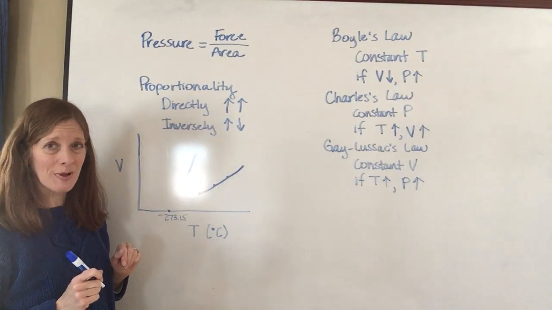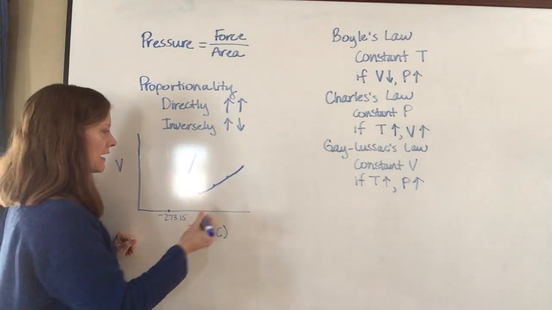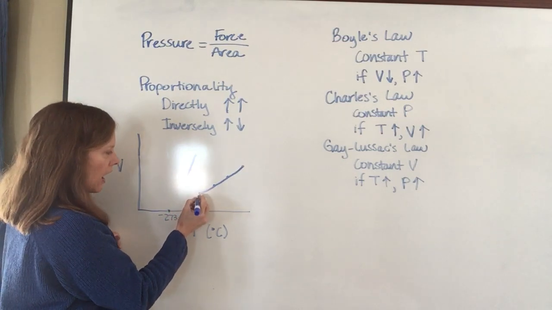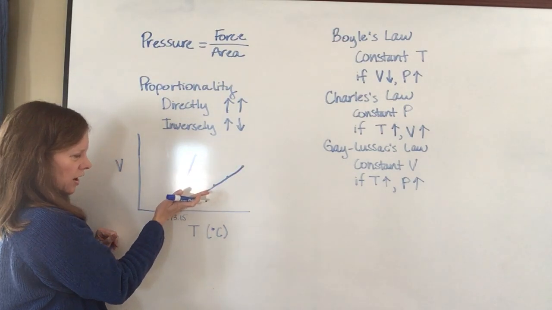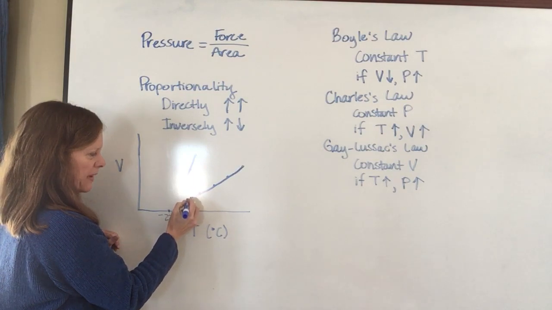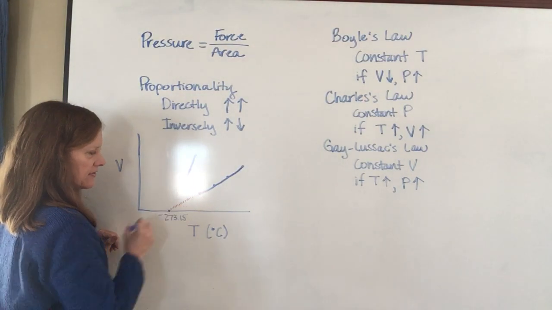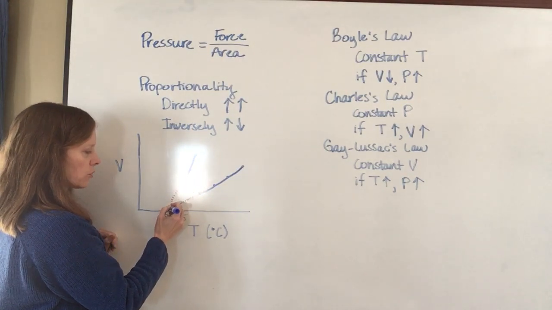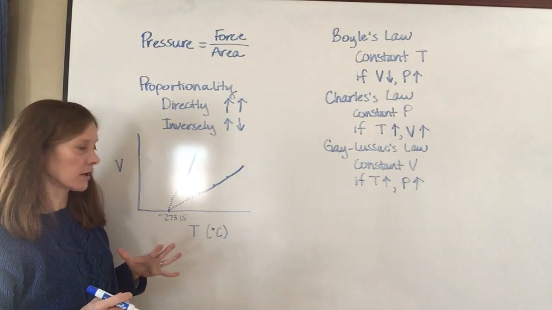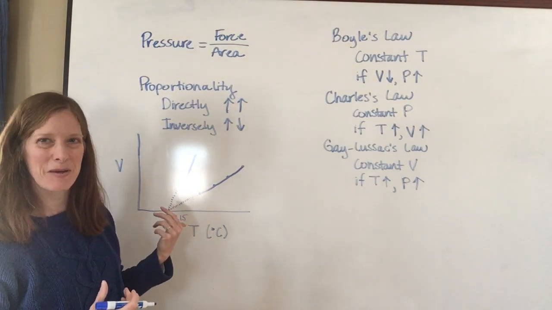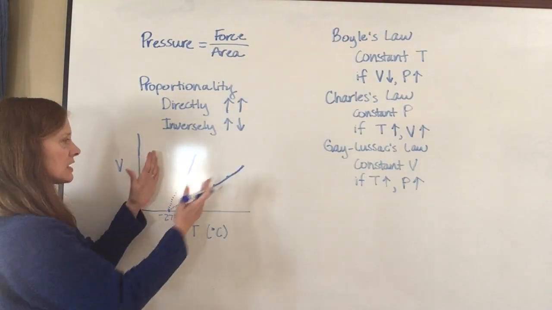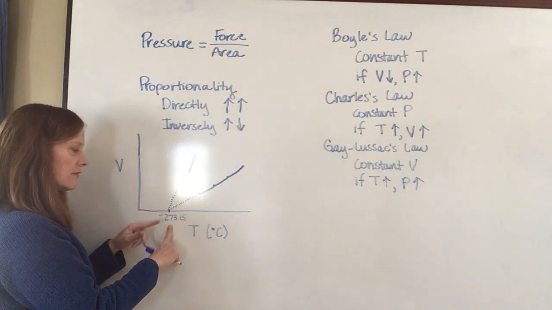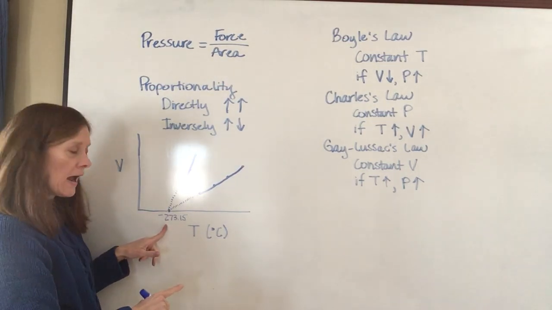Now when I extrapolate something, what that means is I take this line, and even though I don't have any more data points down here to connect it, I'm going to say, okay, if I would lay my ruler on this line and I'd go ahead and extend it back, where would it end up? So I would take that line and I would extend it back. And if I take this line and I extend it back, where does it end up? And so in your book, where he has much straighter lines than I just have been able to reconstruct here, what you see is that the volume and temperature coincide, or they intersect at a negative 273.15 degrees Celsius,